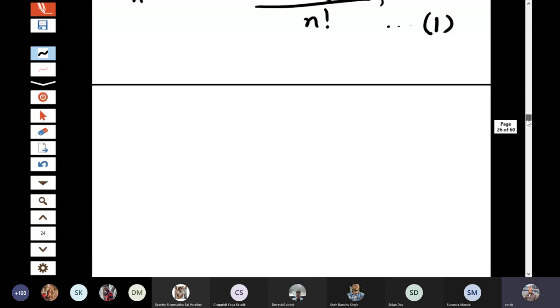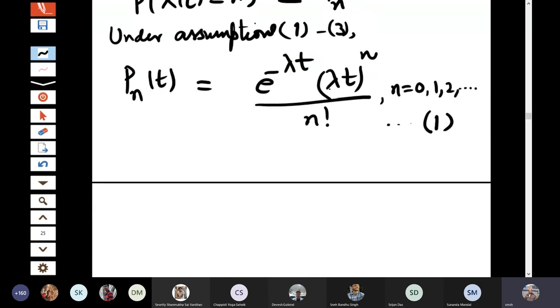Under these assumptions we have to prove that P_n(t) is of this form. So in the next class I will start the proof of this one. Of course we will use the method of induction for this one. So let me stop today's class at this point of time. And tomorrow we will have